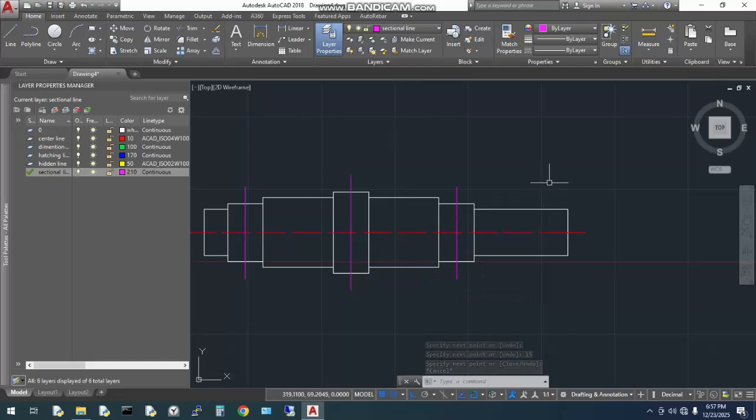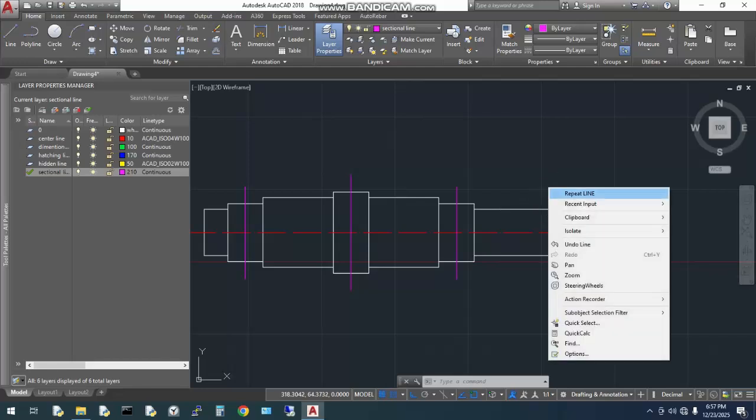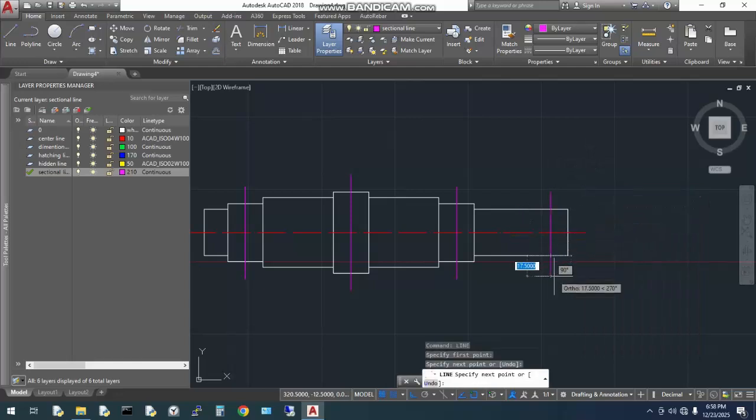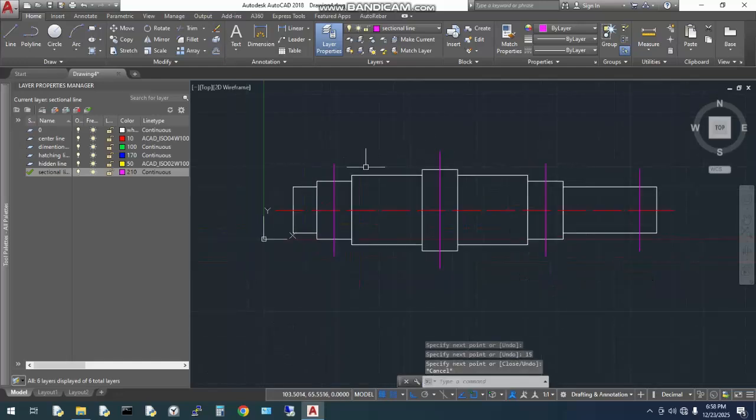and to the last part we'll be drawing over here. 15. Escape, repeat line, 15. Now let us exit it. Okay, so we are done with the center line, we are done with the sectional line, and now